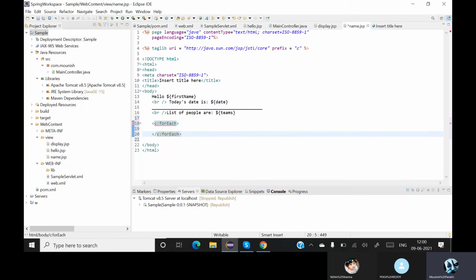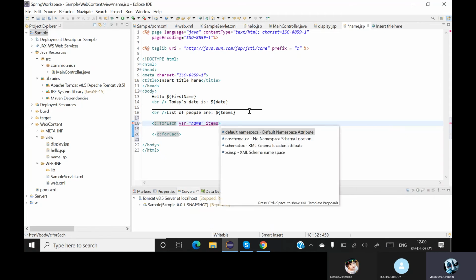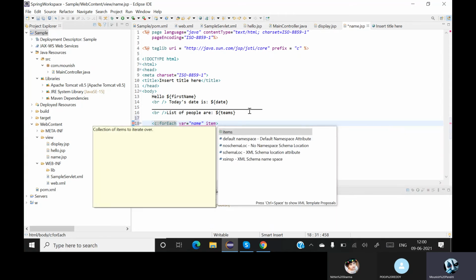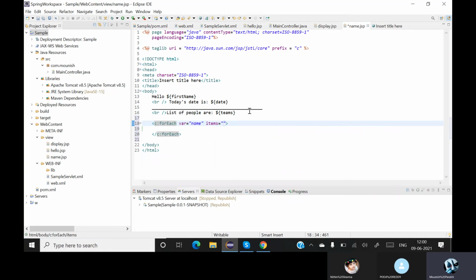Okay, this will be your for each loop. Now inside this for each, first thing is you need to give a temporary variable. Let the temporary variable be name, and then you must give the items. What are the items that basically it should run the loop for?